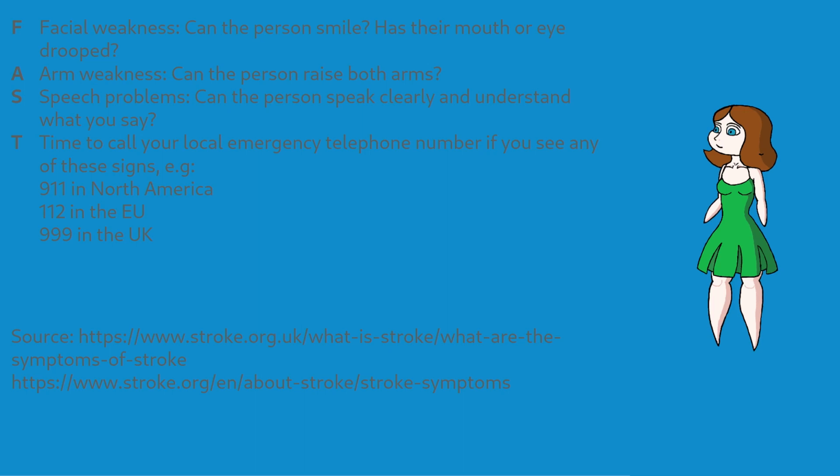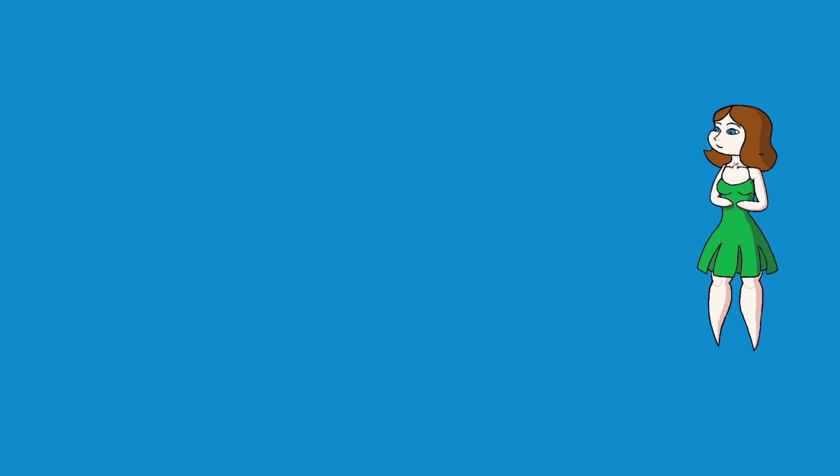So for you and your loved ones, here's the fast test with Fabrienne. The first part is facial weakness. Can the person smile, or does the eye and mouth droop in one half of the face? Next, the arm test. Ask the person to raise both arms. Thirdly, we check for speech problems. Ask the person to repeat a simple phrase, anything that comes to mind. If a person cannot perform any one of these tests in their usual fashion, it's a reason to call your local emergency telephone number.